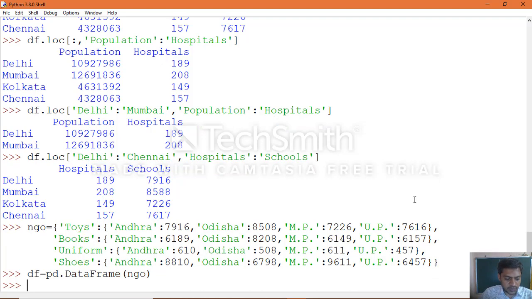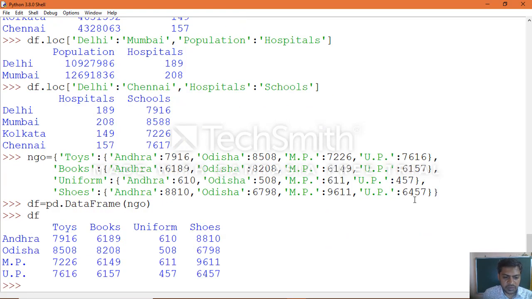If you want, you can print that data frame to get the output. Now our actual question is to access the two states' books and uniform information.